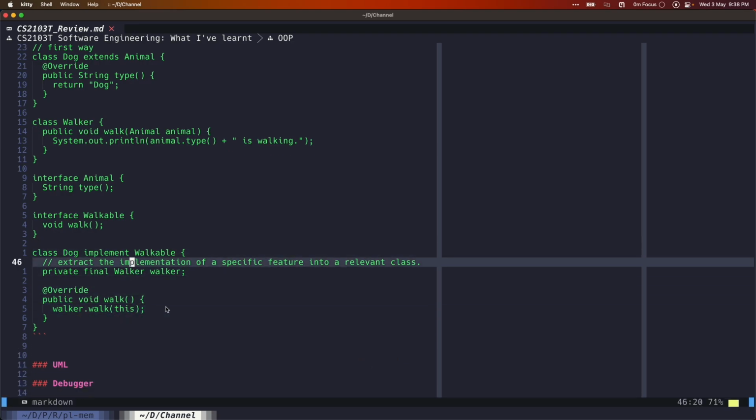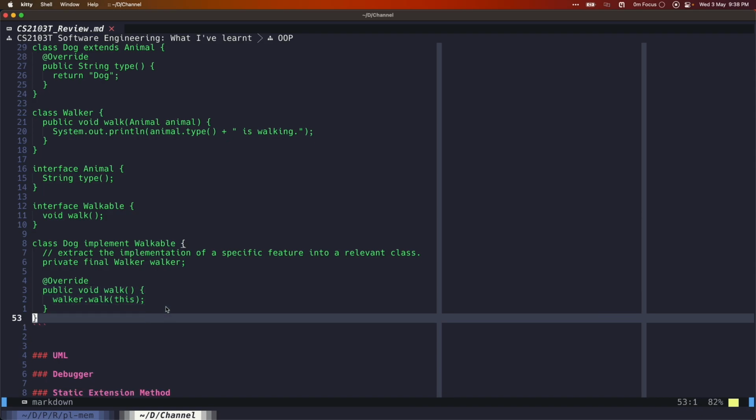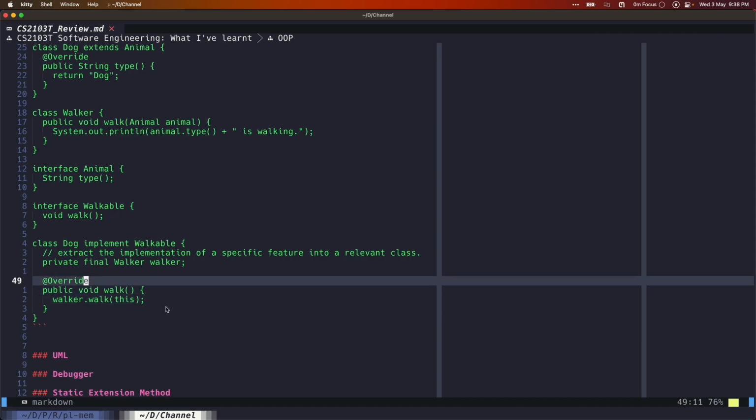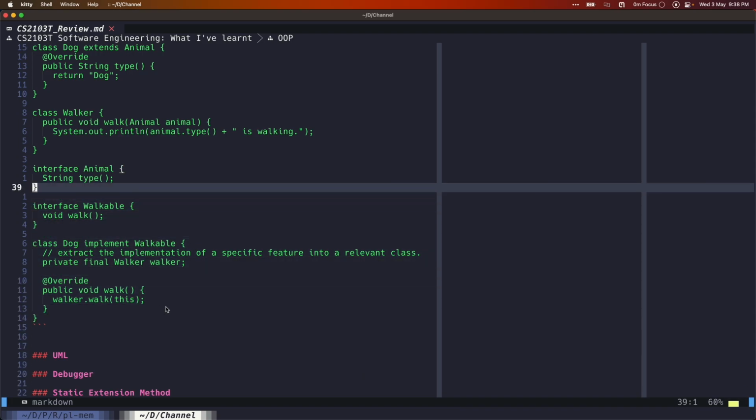Basically now the dog will be able to walk, and when you call walk, you are basically passing this. It may not be very obvious because I put the walk inside the dog things, but actually you can use a similar thing whenever you're outside. Basically what this does is that if we are using interfaces as opposed to inheritance, we are basically trying to